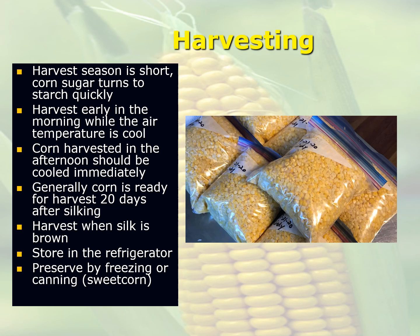Also, just to give you an idea, if your corn is silking, you've got about 20 days from silking to harvest. And then you want to harvest when your silk turns brown. I didn't put in here about some vermin control, but some ways to control deer